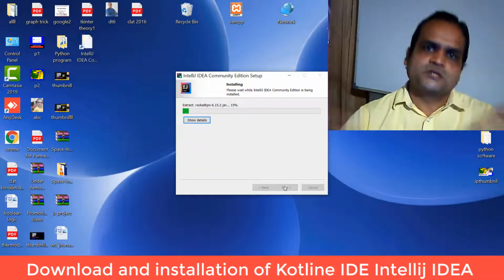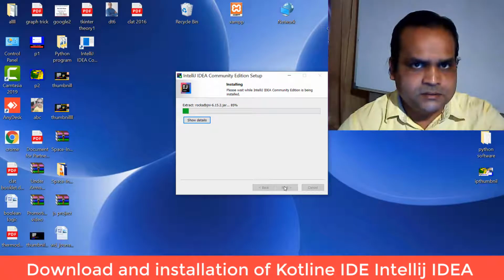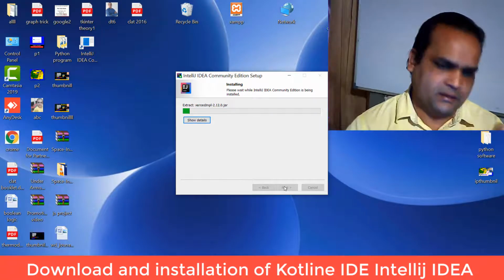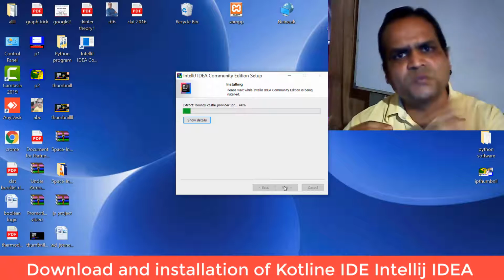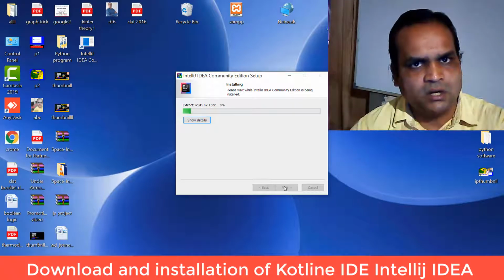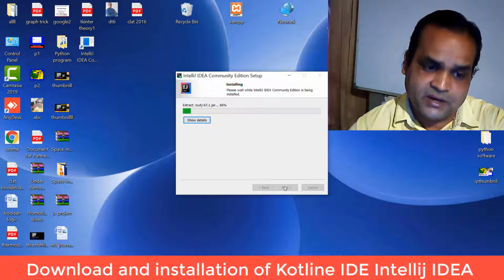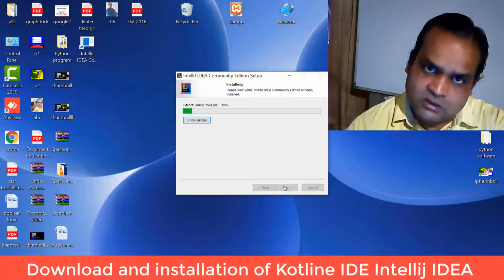The installation process is going on. In a few seconds it will proceed, because the jar file is loading here. In this time we can use it for a simple talk. In this way we can install Kotlin and program with it. It is a very fast and furious language. Kotlin is a new emerging technology, you can say.